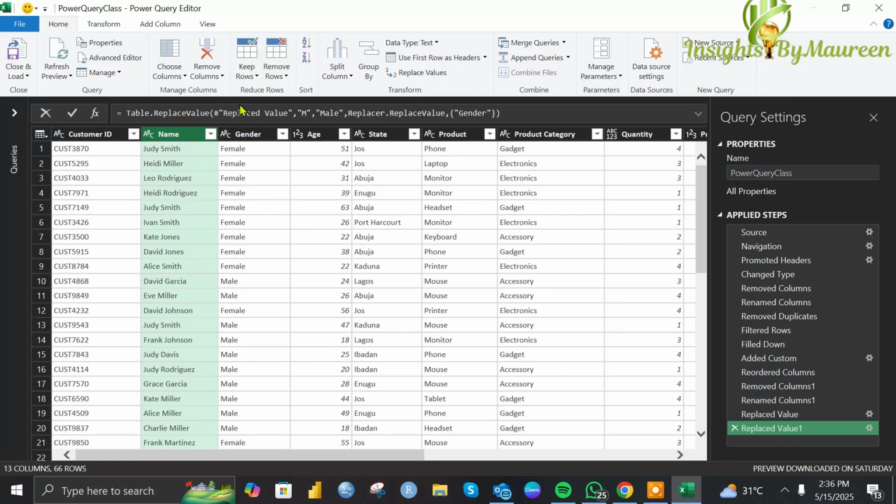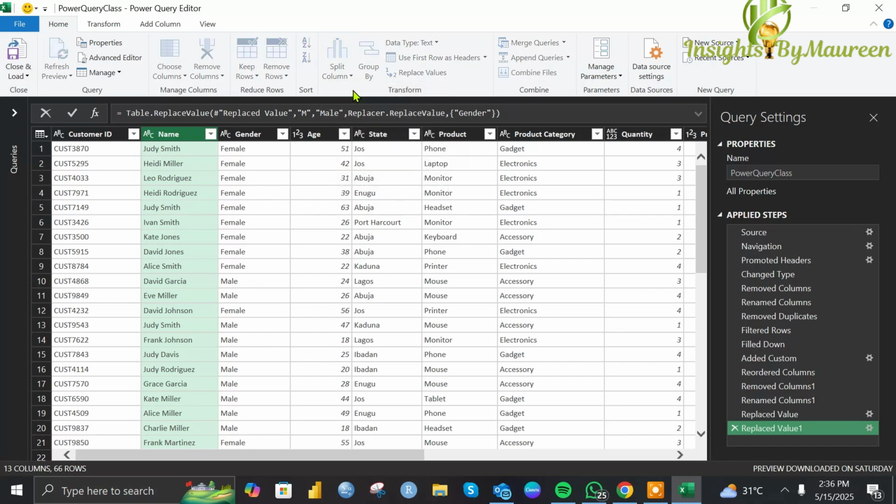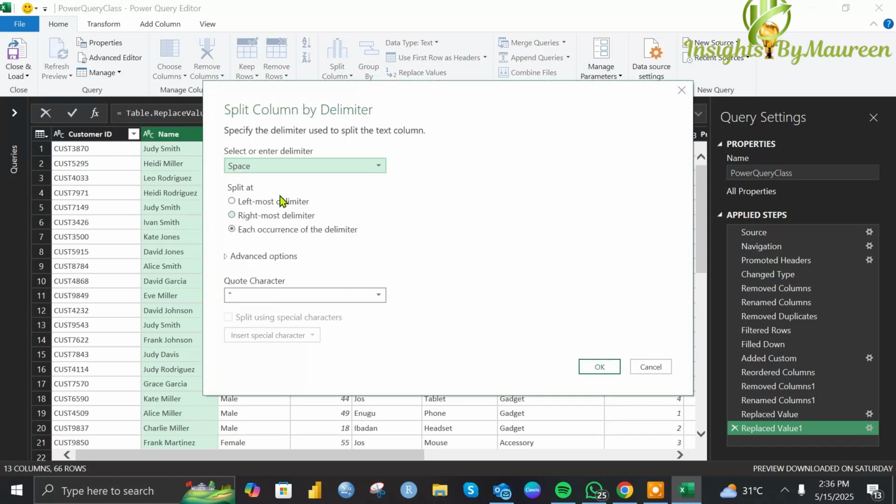Go to, click on the name column. I'll click on split column, split by delimiter. By delimiter, is it a space? Have this drop down: plus space, semicolon, equal to, comma,